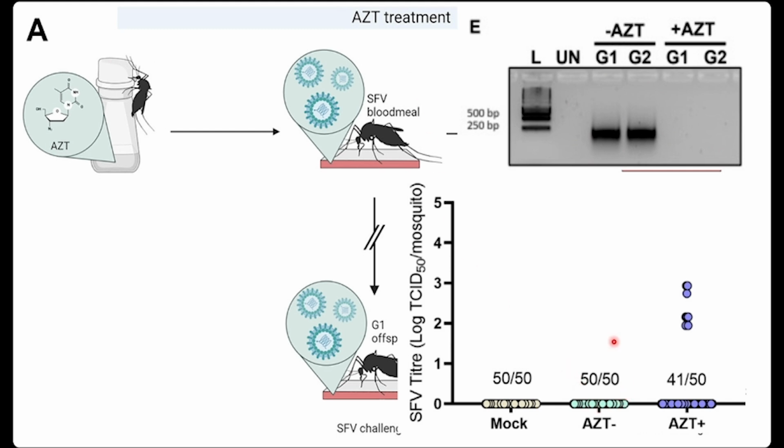And so AZT minus, SFE on their mock, and under AZT minus, they don't have any infected. But this is actually particular. This is not looking at the ones that haven't been infected with SFE at all. So without mock and with AZT minus, this has not been infected with SFE whatsoever. AZT minus is this challenge right here where it's been given SFV and it has not been given AZT.